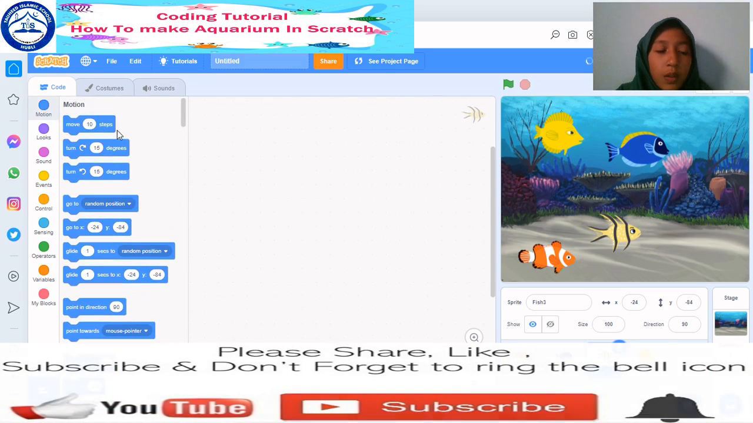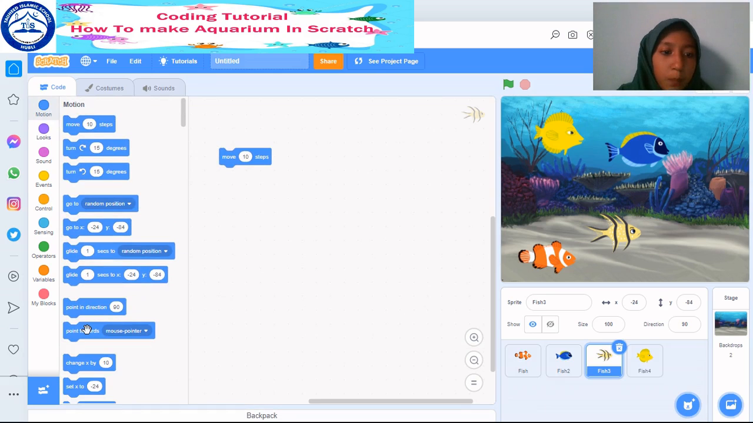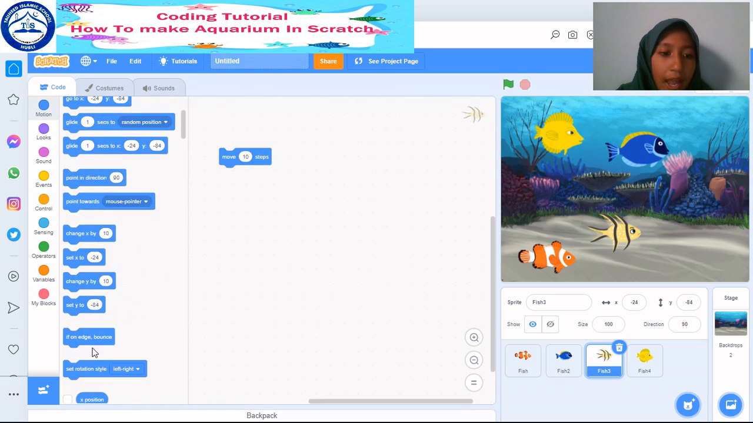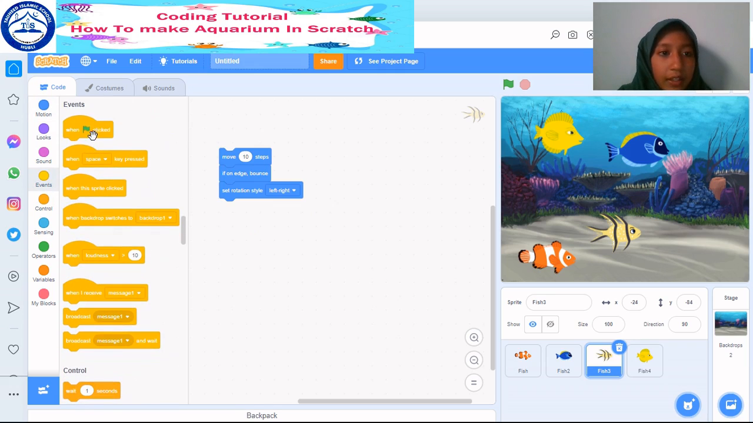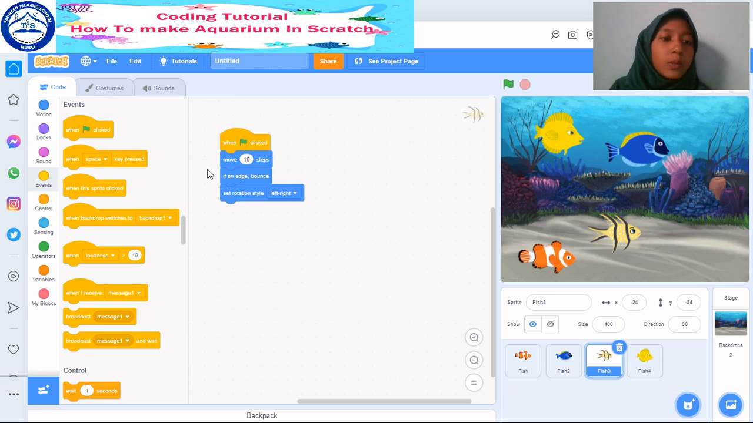First I'm going to add a move 10 steps block and an if on edge bounce block and add a set rotation style left-right block. You can choose don't rotate or all around. I'm going to choose the left-right block and then go to the events category and add a when green flag clicked block, and then I am going to add